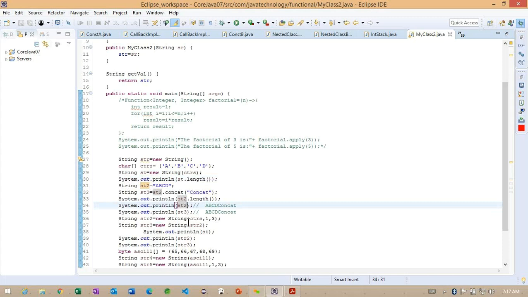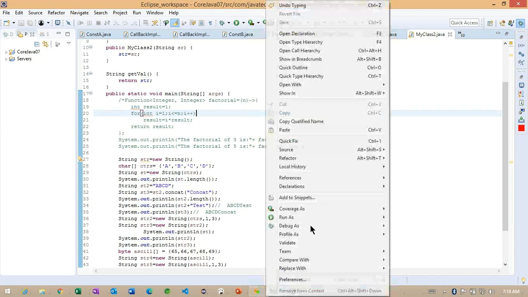If you observe here, this particular str2 plus something, I'm adding test here. I'm adding test. So carefully observe here, after length, I'm adding one more string here. So what we are going to expect here is ABCD plus test. Getting the point? We are expecting that because we are adding one more test here. So if I am going to save here,